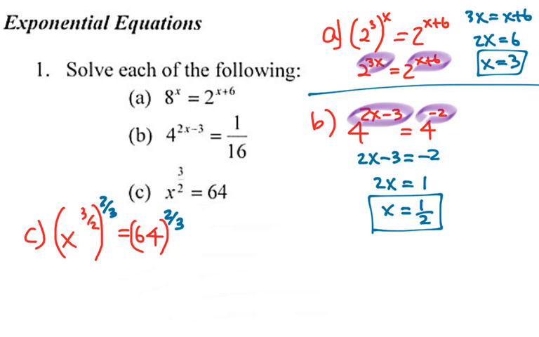Now, of course, you can put 64 to the 2/3 power into your calculator to get the value of x. That would be perfectly fine. Or you can do it this way as well. So, as you can see, 3 over 2 and then 2/3, they cancel each other out by multiplying them. Then, the denominator 3, as you can see over here,